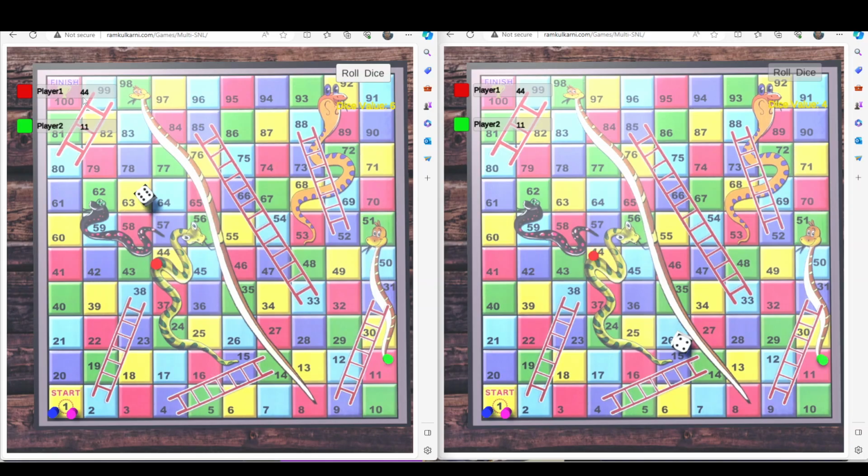You can see the progress of the score of all the players here, and the dice value that was rolled last time, the last roll. You can continue playing this game, and whoever reaches the finish first is the winner, and the game ends at that point. And if any player quits the game, for example, if I refresh this player's browser,